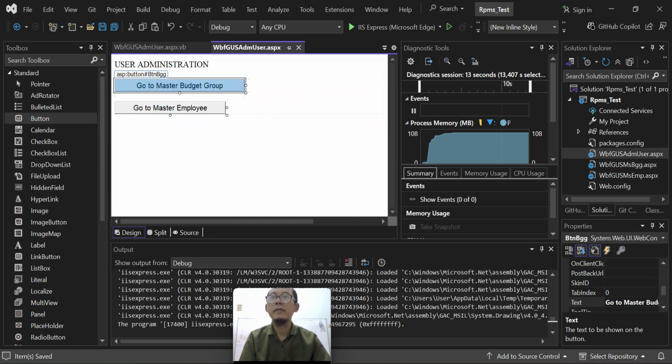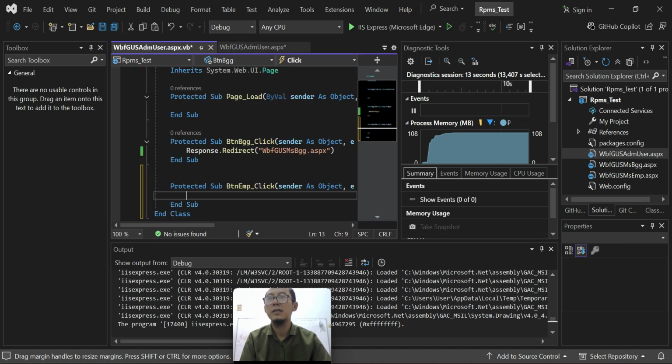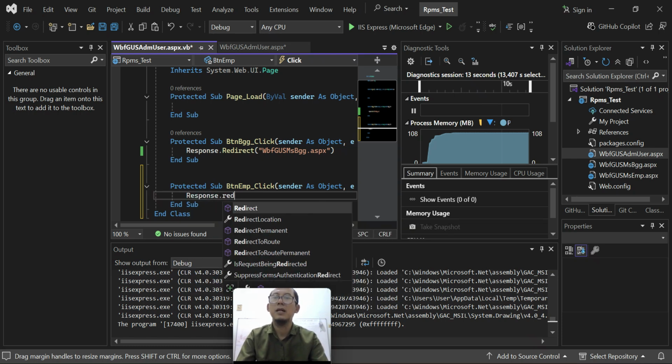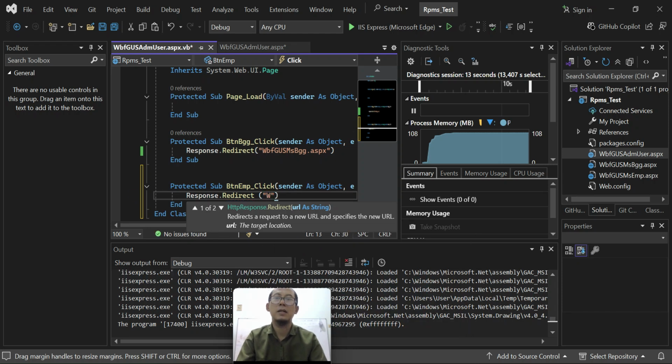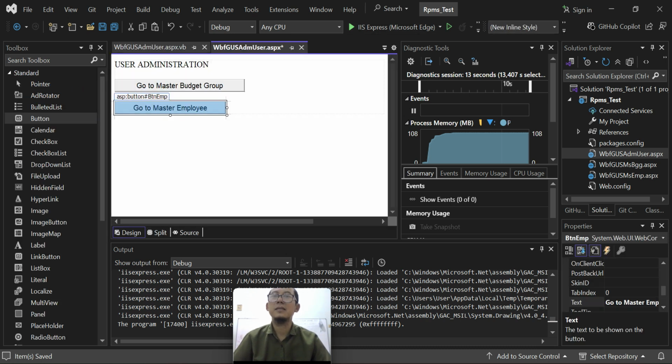Now what if I want to go to master employee by clicking this button? That's the same: Response.Redirect, type the name of the web form we want to go to, and .aspx. Now let's start our program again.